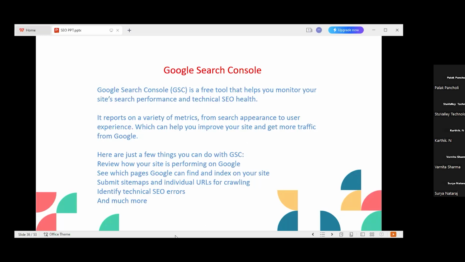Okay. And there are various metrics available in Google Search Console, on the basis of which it provides a report of our website's health. Okay. So I'm sharing the Google Search Console dashboard also, so that you will understand it in a better way.